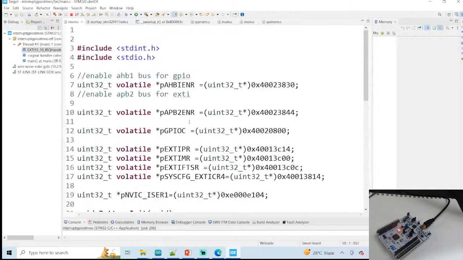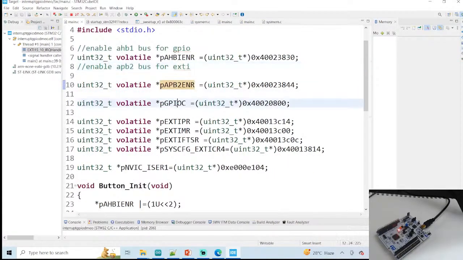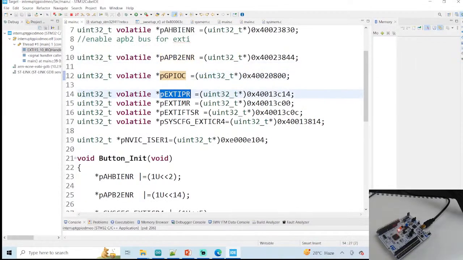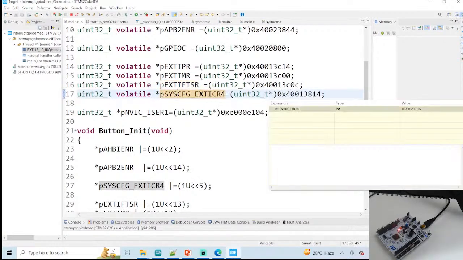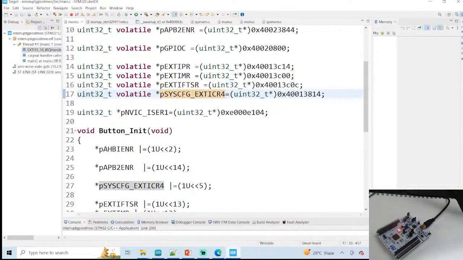I'll just explain the code again. You just configure the ENR, AHB1ENR and APB2ENR, which enable the GPIO clock access for the GPIO, enable the clock access for the EXTI, GPIO C, and pending register, EXTI pending registers, mask registers, and FTSR, falling edge. Okay, so you have to configure the falling edge, and this config is 40013814. We have configured for falling edge because